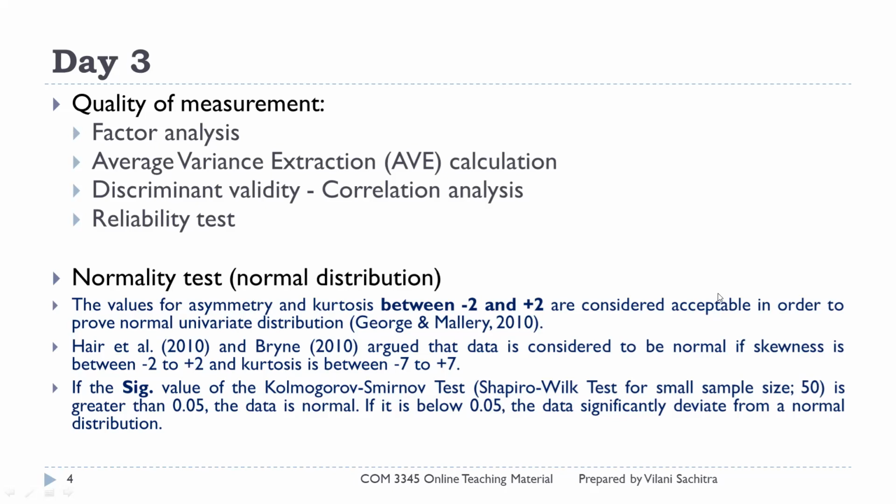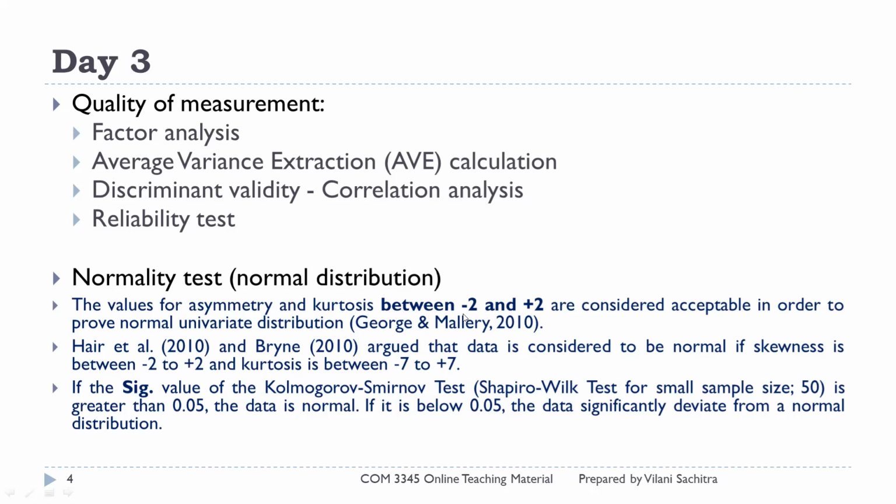You can check whether the significant value is greater than 0.05, or you can use the skewness value between -2 to +2, as well as kurtosis between -2 to +2, or -7 to +7. So I gave you all the relevant sources in order to make sure that your dependent variable is normally distributed, right? So these are the primary or preliminary tests. You need to confirm that your data is ready to test the hypothesis.